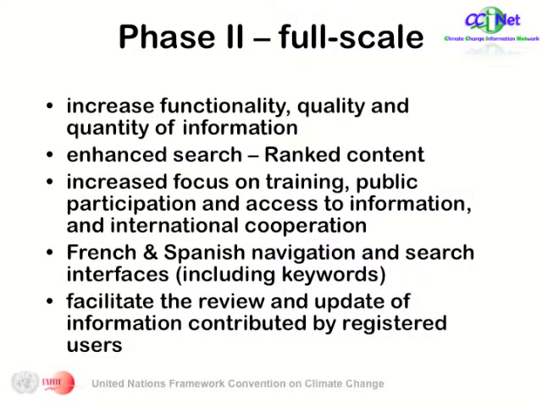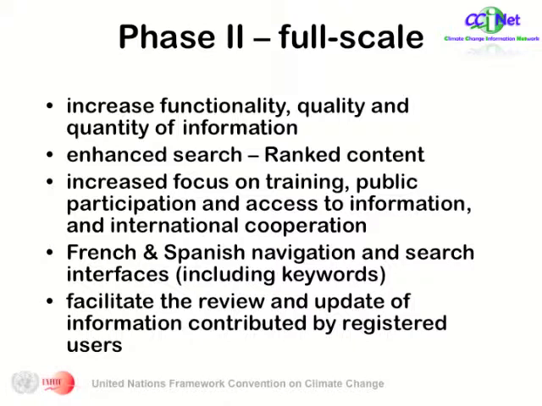For the full-scale clearinghouse, the content will also increase as far as quantity and quality, and there will also be an increase in functionality. The search mechanism will also be enhanced, whereby content will be ranked, as well as predictive searching.